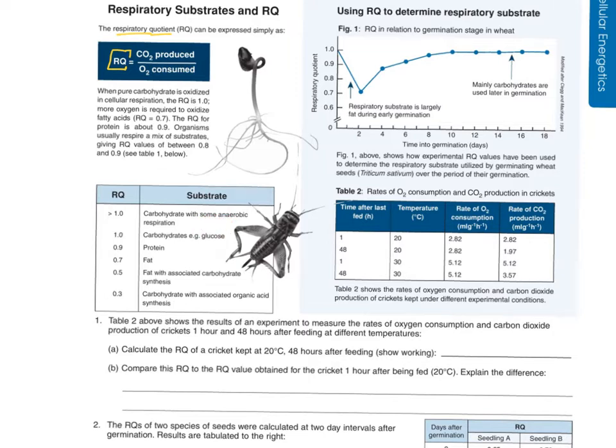Hopefully you know what anaerobic respiration is. Who knows what that means, anaerobic respiration, in the case of humans or dogs or animals in general? That's right, you don't use oxygen. What is that process called? Fermentation. Excellent, very good. Fermentation, that's correct. So this is when fermentation is going on.